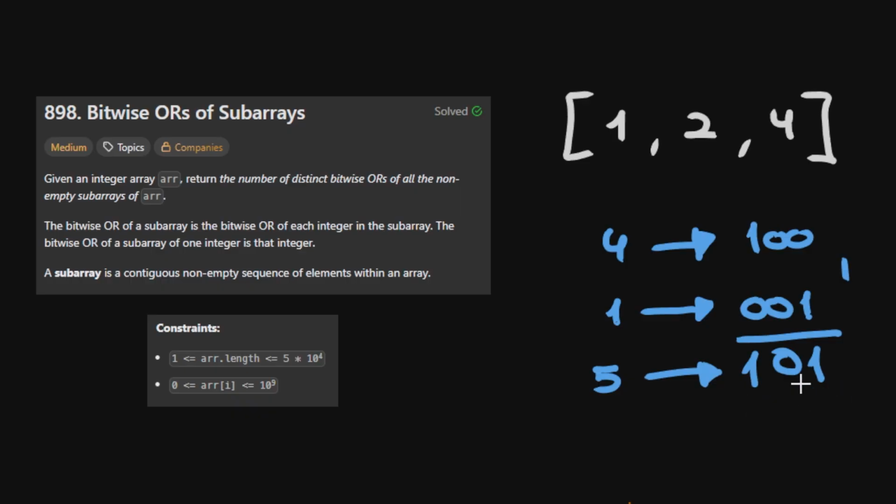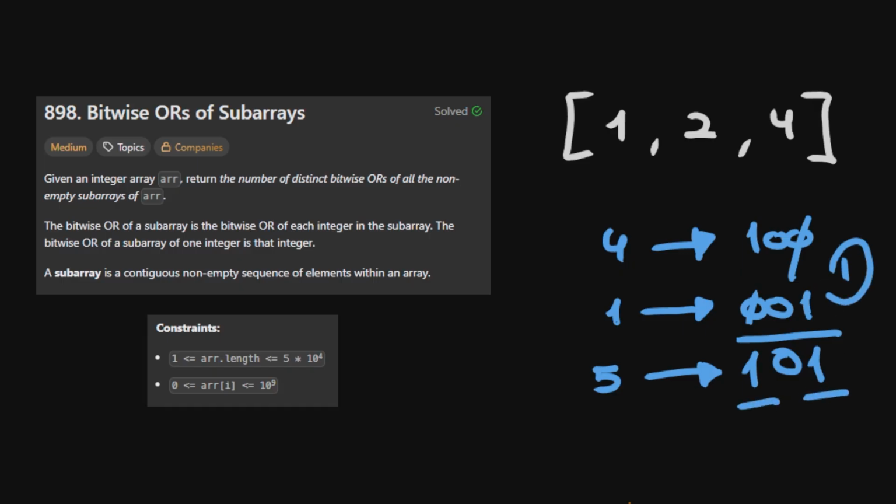We can never add bits with 0 to the result. For example, this bit for number 4 will never turn into a 0 because of the nature of this operator. This bit is transformed into 1 and this bit is also transformed into 1, but we can never transform 1s